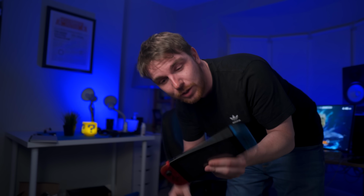Should you buy a Nintendo Switch in 2021? It's a great question because the Nintendo Switch has been out for quite a while now. Since it came out, Nintendo have released a Switch Lite. There are also rumors that a 4K Switch Pro is going to come out soon, which will have a better display and is more powerful. No one really knows exactly what it's going to be like,